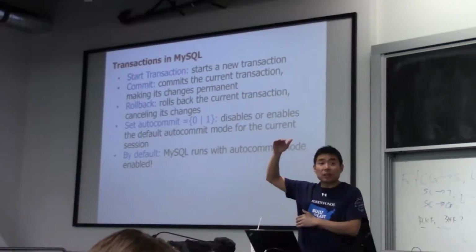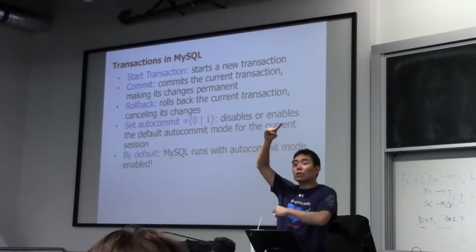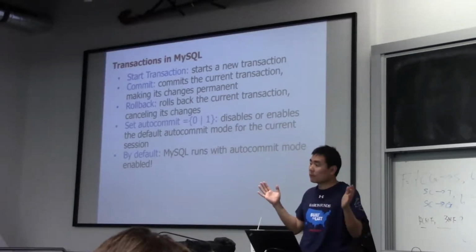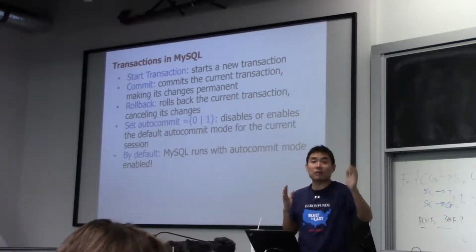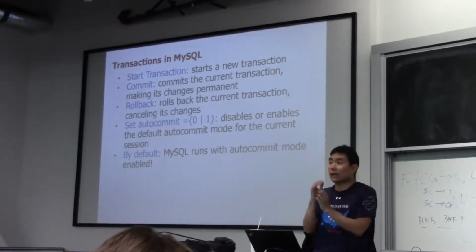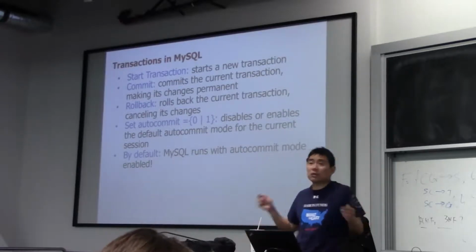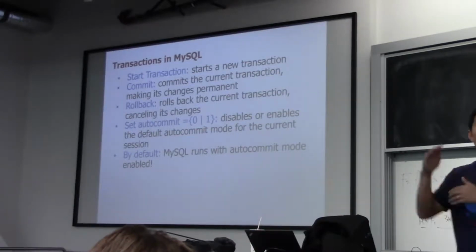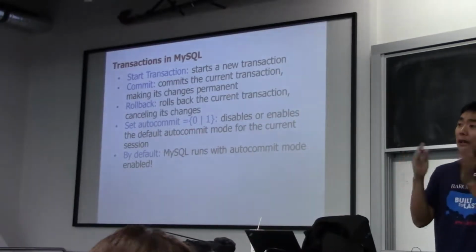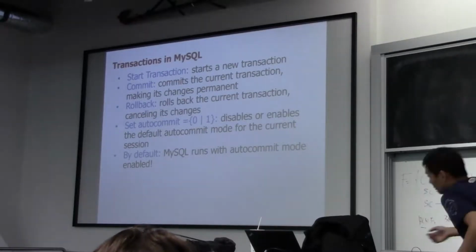But if you have multiple statements and you want to make sure all these statements are treated as a single transaction, you have to explicitly write start transaction and commit to enclose these statements. Otherwise, each one of them will be treated as a separate transaction by itself. You may wonder what's the difference. The difference is that a transaction, like I said last time, is atomic. It's all or nothing. If you want to make sure at the end of the day the set of statements is all or nothing,